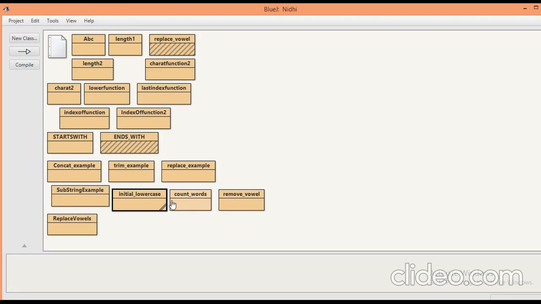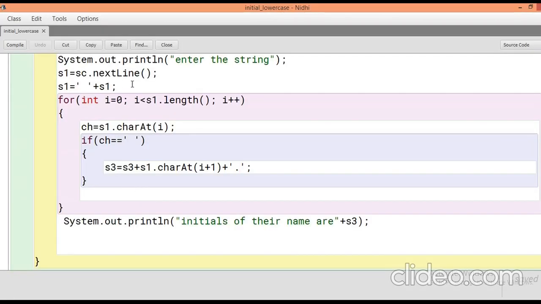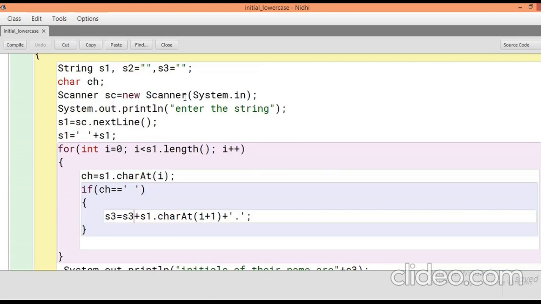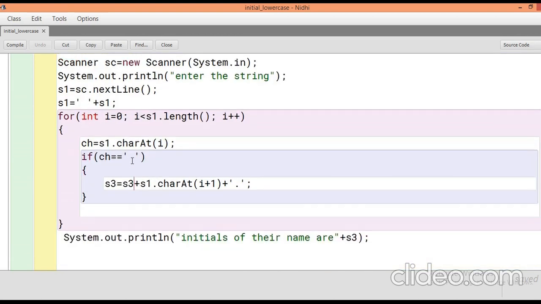Now again I will tell you this program. First it will read the string from the user. One by one, it will read each and every character through the charAt function. Wherever it finds a blank space in the given string, it reads the character at that position plus 1, which means the next position character after the blank space, and adds a dot with that character. It will add this character to S3, which we have given as blank. In the same way, wherever it will find a blank